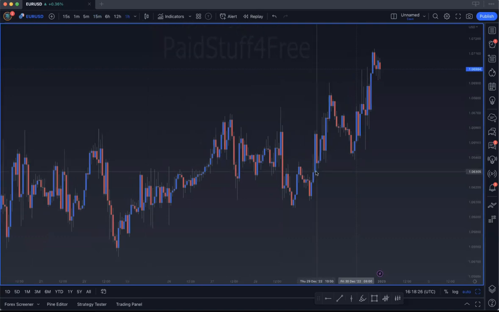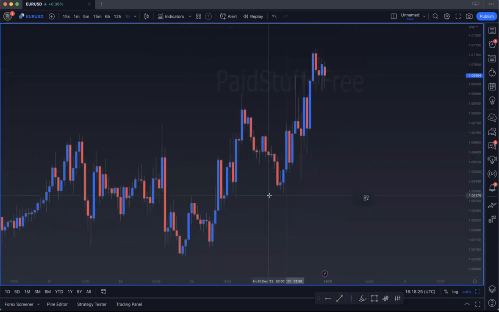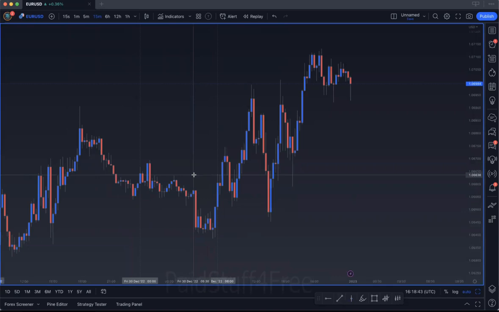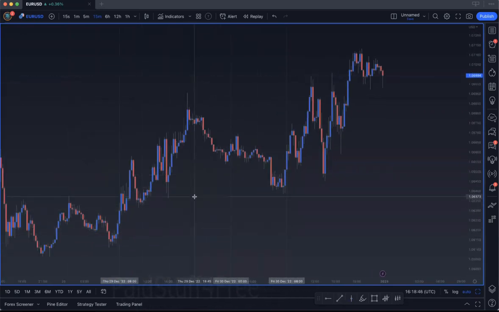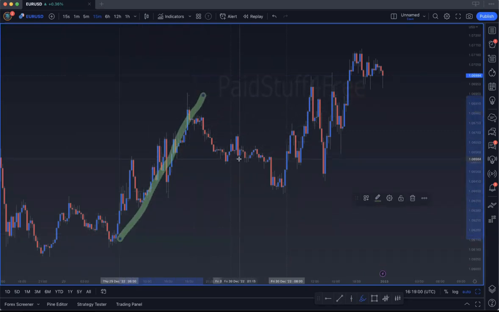There we go. So then I'll probably mark out just Tokyo and then London, and then I'll probably do another one, just 3 basically to round it all up. The reason I'm doing this is because every session is always going to do its own thing. So let me draw with this highlighter tool. And if we can see right here, at the beginning, London just went in an uptrend. So I'm not looking for,